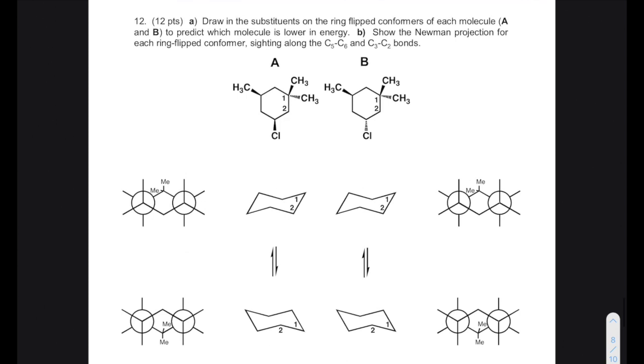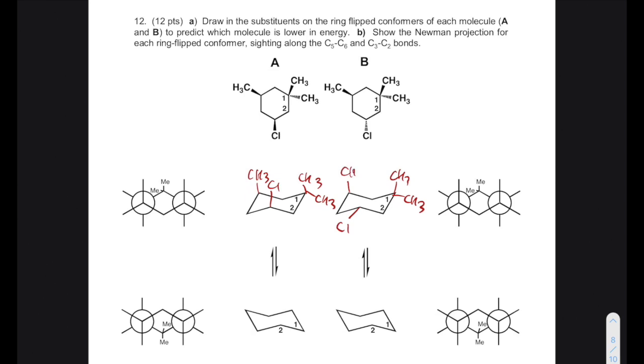Question 12 asks us to look at the different conformations of these 2 cyclohexyl rings. We have to first fill in on atom 1, we have a CH3 and a CH3. Okay, so for A, at the 3 position here, we have a chlorine that is going up and a methyl that is up. And for this one, the chlorine is equatorial, and the methyl here